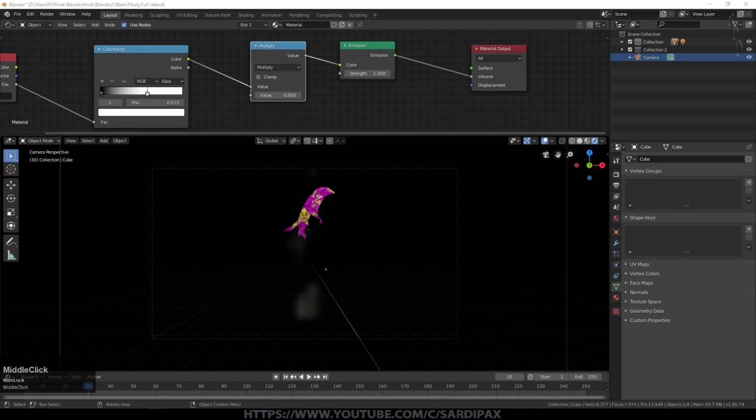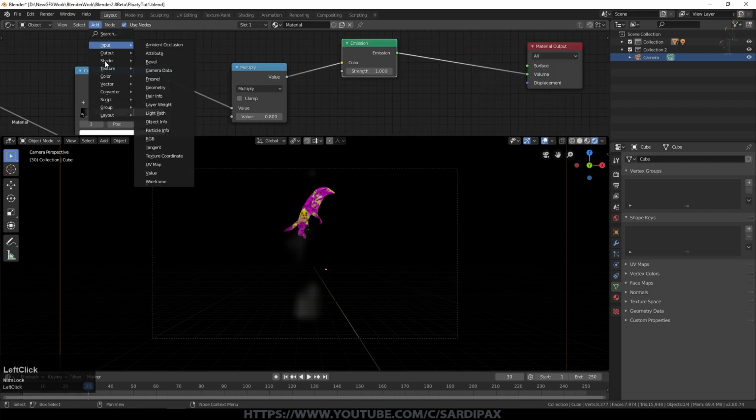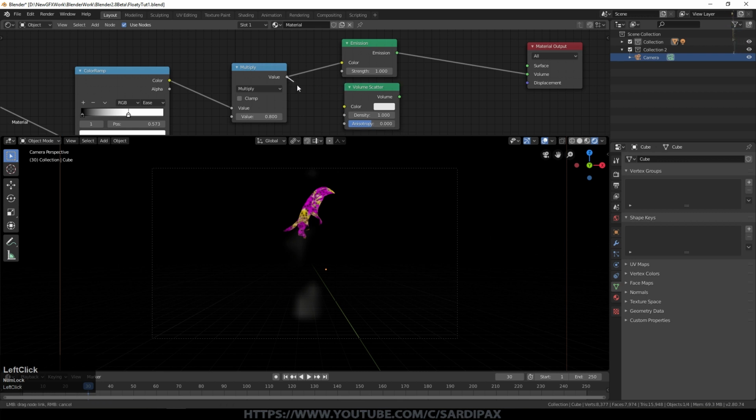We want to do a little bit more than that. It's not going to show the lamp that's in there at all. So I'm now going to add another shader, which is a volume scatter node. Take the output there and put that into density. And let's just look at that one for the moment. So the only lamp in there at the moment is obviously not casting anything onto there right now.